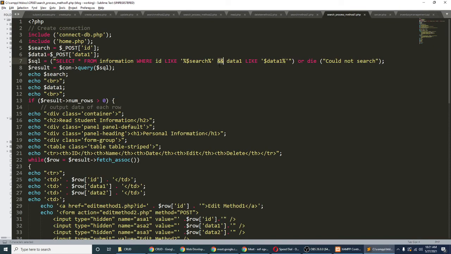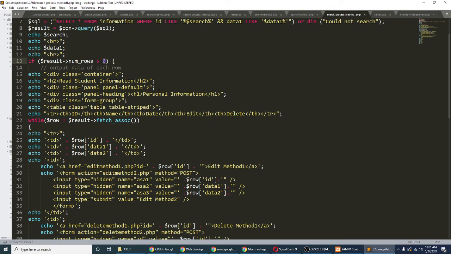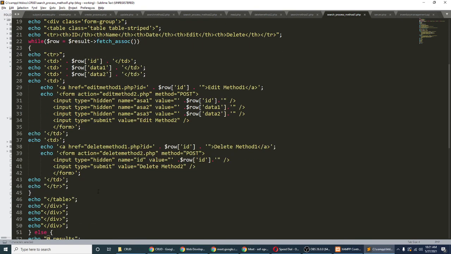So I'm using AND, meaning both conditions should be true para ilabas niya. Okay, so once there's a record that matches my conditions, it will display it in our